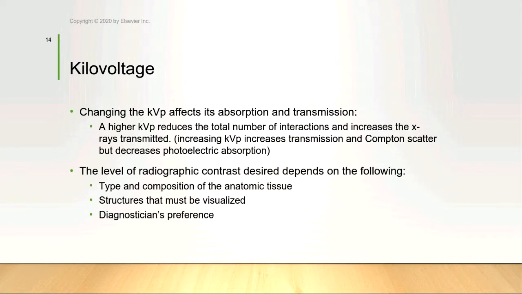When you change the KVP, it absolutely affects the absorption and transmission, like we just said. So a higher KVP will reduce the number of interactions and increases the amount of X-rays that get transmitted. So higher KVP, more transmission, more Compton scatter, less photoelectric absorption. And the opposite would hold true as well. Lower KVP would increase the number of interactions, meaning you would end up with more photoelectric absorption, less transmission, less